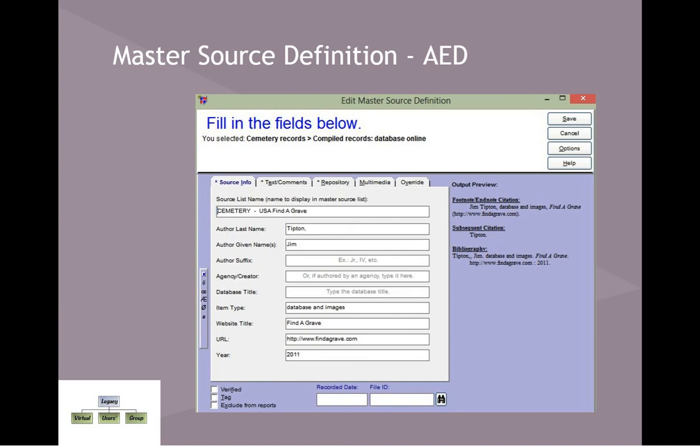For instance, I entered all the U.S. censuses as master sources at one time, even though I didn't have any actual censuses to link with them at that time. I also entered all my Newfoundland research citations and a number of books that I owned or had taken out of the library that I was using for my research. So I entered all of that information even though I didn't have the citations to go with them or the source detail, and then it was much easier to just click onto those master sources knowing they were clean